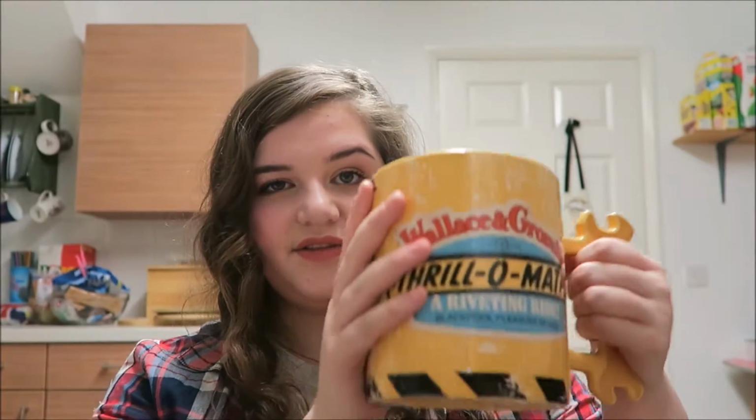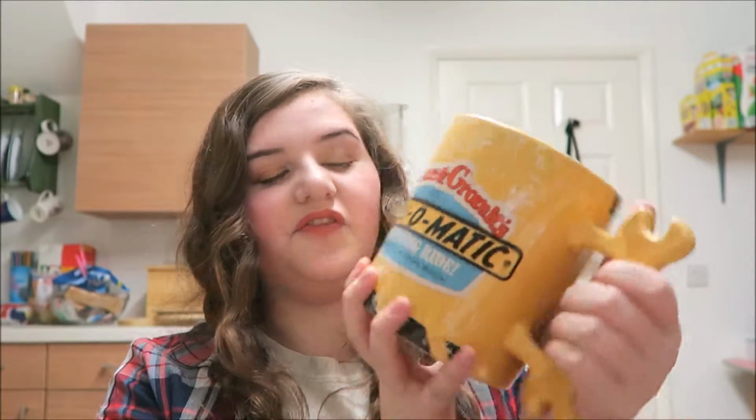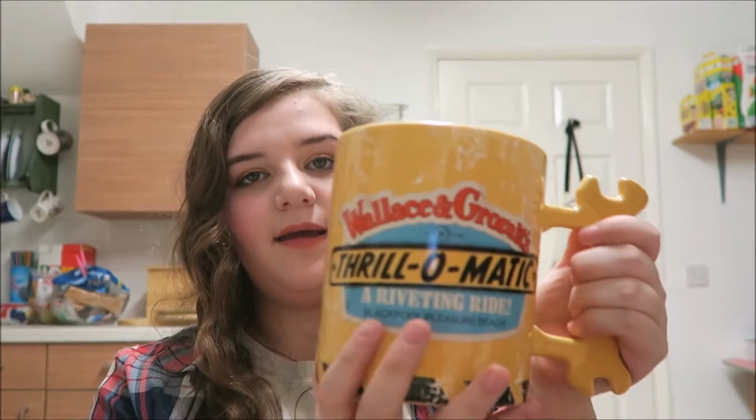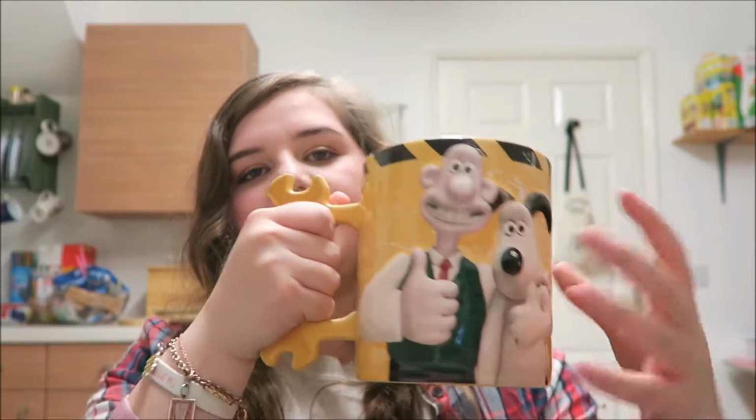So I have this one, which is absolutely huge. Look at it, it's kind of bigger than my head. It's so heavy. This is from Blackpool Pleasure Beach, and on this side it just says Wallace and Gromit Thrill-O-Matic, a riveting ride, Blackpool Pleasure Beach. And then if you turn it around without dropping it,